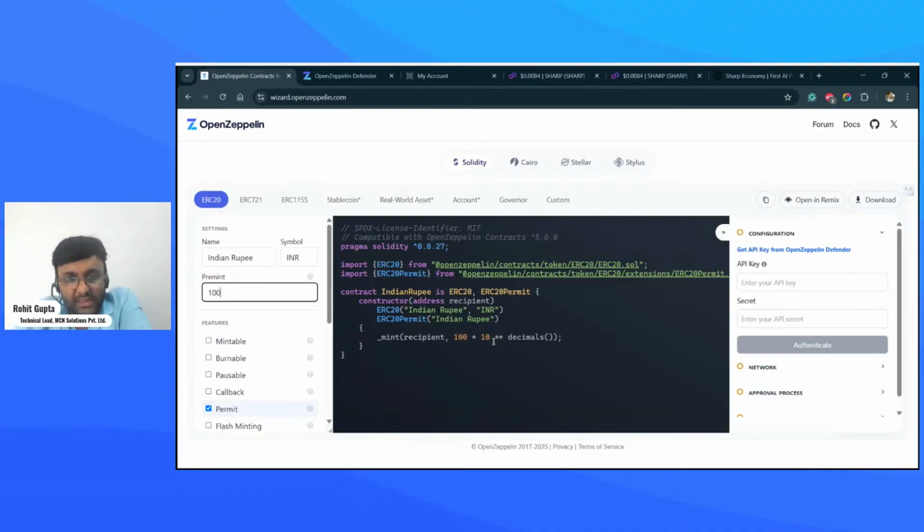So see, it did the coding by itself, like underscore mint recipient, 100 cross 10 to the power decimals. So these are its internal functions. I'll definitely not go in deep into this because that's the complete technical side.